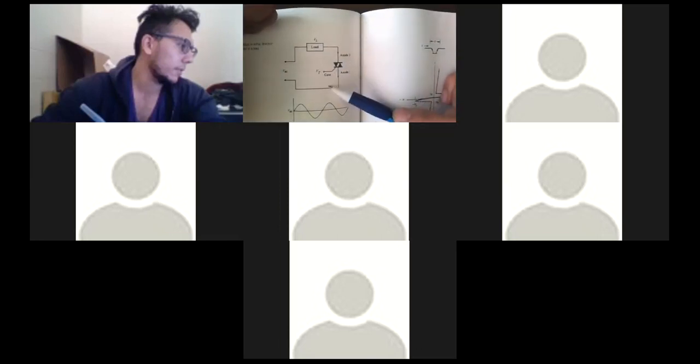One diode is upward, one diode is reversed. So triac can control both direction flows. The current can go in this direction. The current can also reverse, forward and reverse. So the triac is a perfect